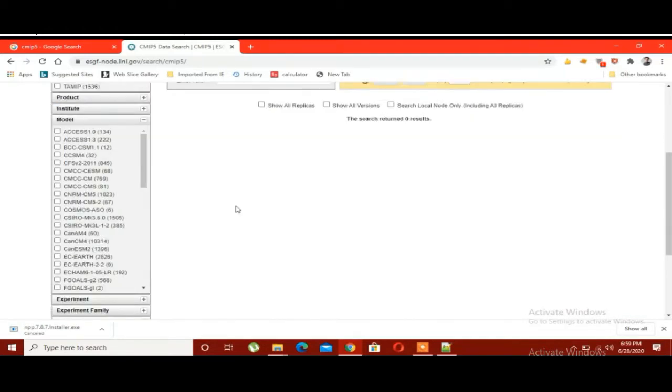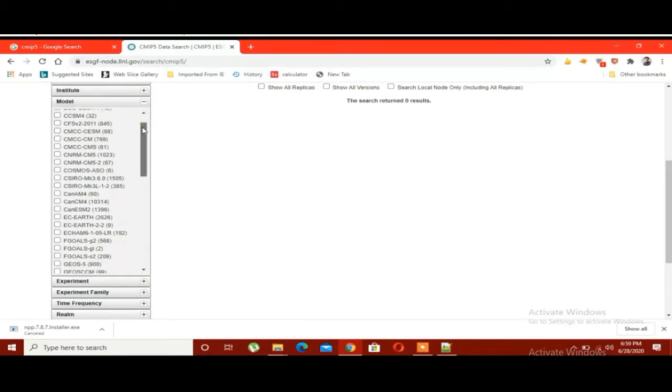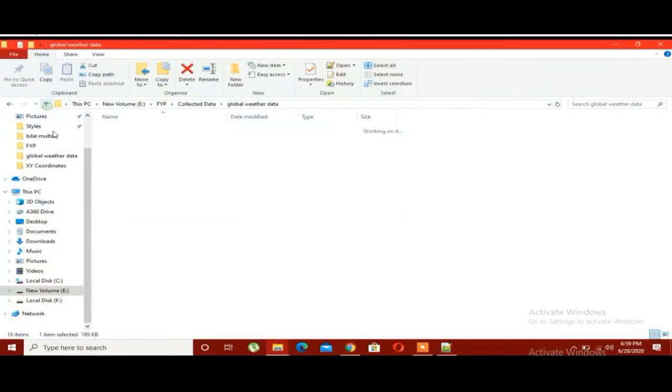Then you have to click on model, and in model you have to select a proper model for your study area, one that is relevant to your country. If someone has used a particular model for your country, your continent or your region, then you would be able to use that particular model. You cannot randomly select any model for your study area. First you have to go through the literature to see what kind of models people have used in our country or in our region. Like if I take the example of GFDL ESM2G, just as an example,